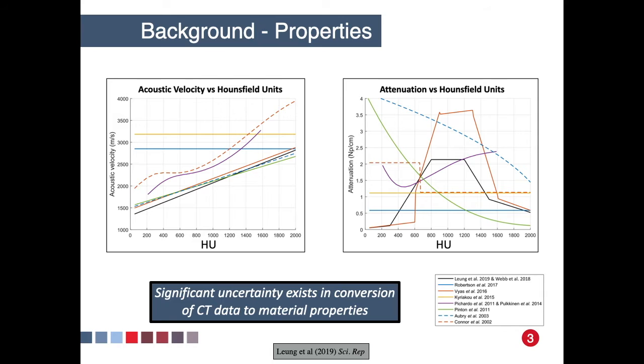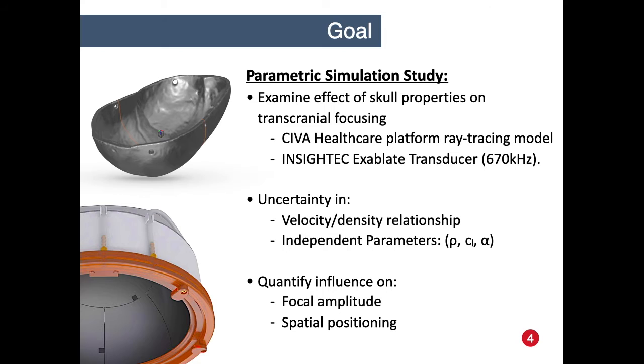However, one of the current challenges when converting CT data into the relevant material properties is that there are a variety of different algorithms that can be used, with significant disagreement between them. And so, the goal of our project was to perform a parametric simulation study to examine the influence of bone